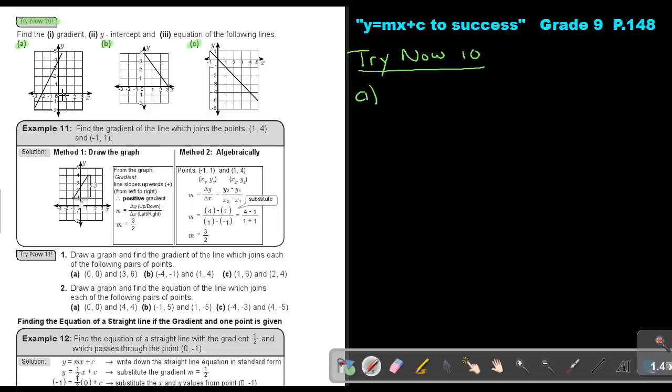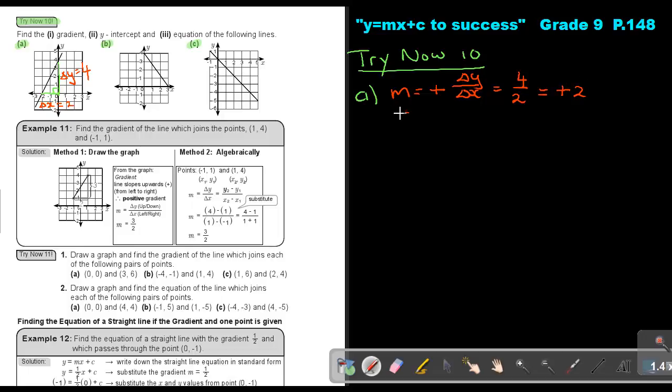Now, I'm going to work on this figure. So we are looking for two things. But let's first make our 90-degree triangle. So if I look at this, this is going to be delta y because it's like the y-axis. So it's 1, 2, 3, 4. This is going to be delta x. Ignore the sign. It's just count the blocks. 1, 2. Now, the gradient, if you look from left to right, it's going up. So I will already say that the gradient is positive. Then delta y over delta x will be delta y is 4, delta x is going to be 2, and my answer is going to be positive 2, or just 2.